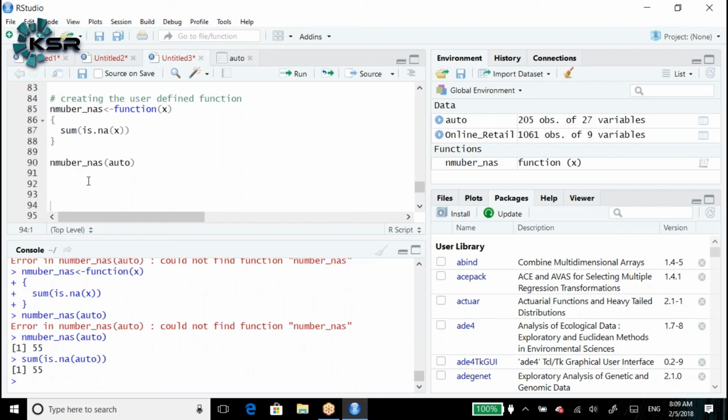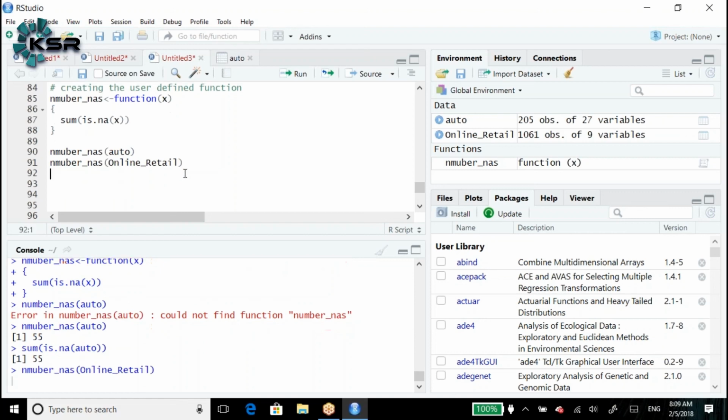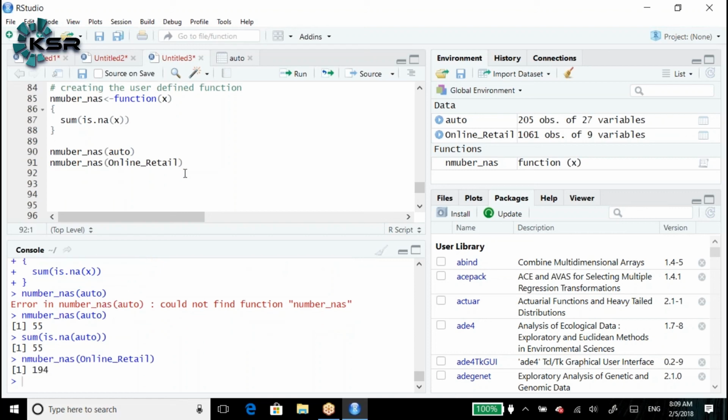Based on that, suppose I now use it for the next data set, number of NAs of online retail. Automatically I am going to get how many missing values for the online retail. In the online retail we have 194 missing values.